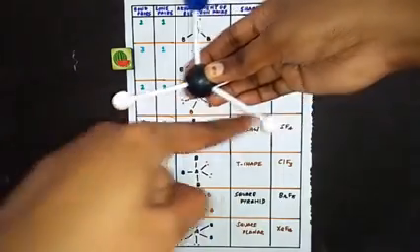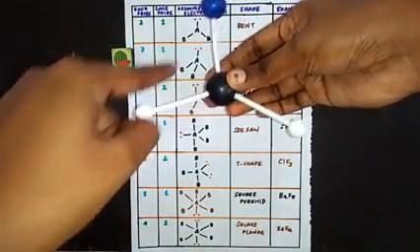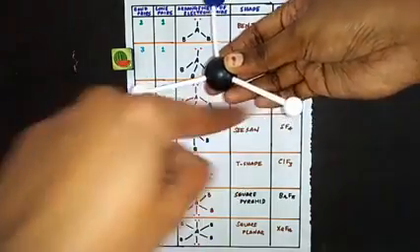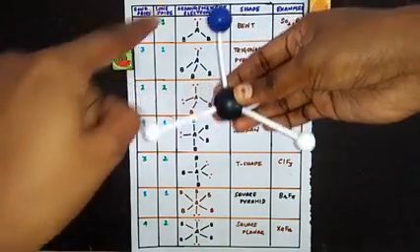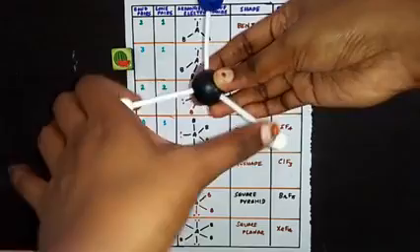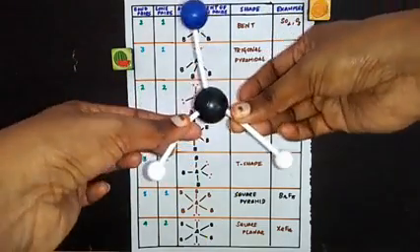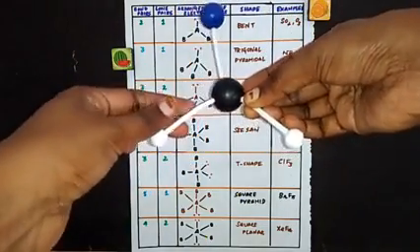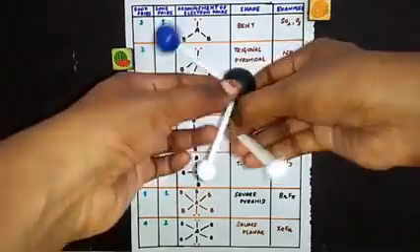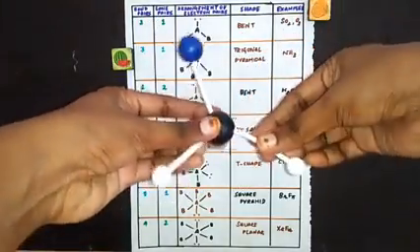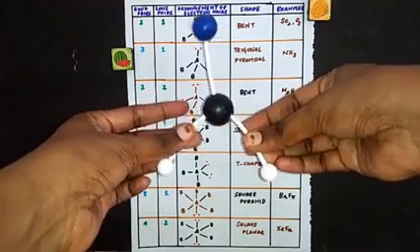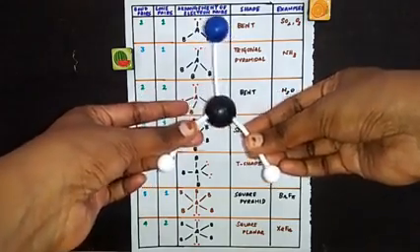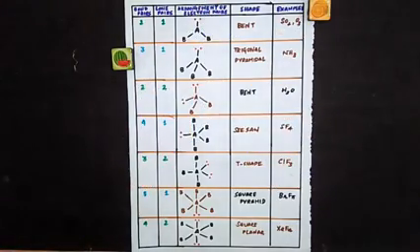So this bond pair repulsion will be different from this too. I told you, comparing with bond pair repulsion, lone pair repulsion will be more. So it is coming a little closer to this because this is pushing it further. So it's coming nearer like this. So you get a bent structure. This is the structure of SO2 or O3.